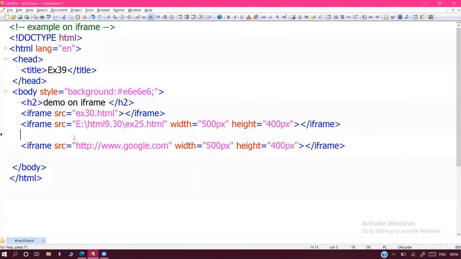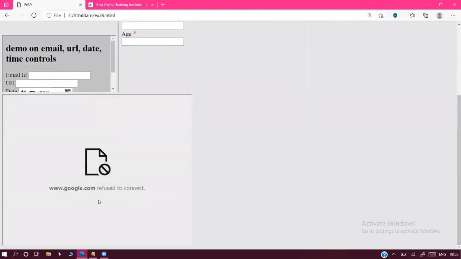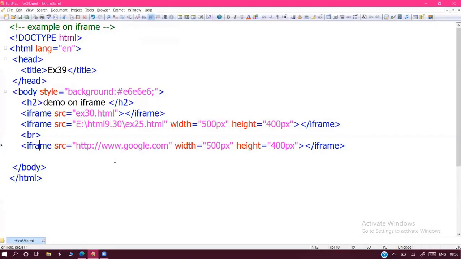See that, I'm taking the line break here. So Google is not accepting your request. That is what I said, all websites don't accept this.